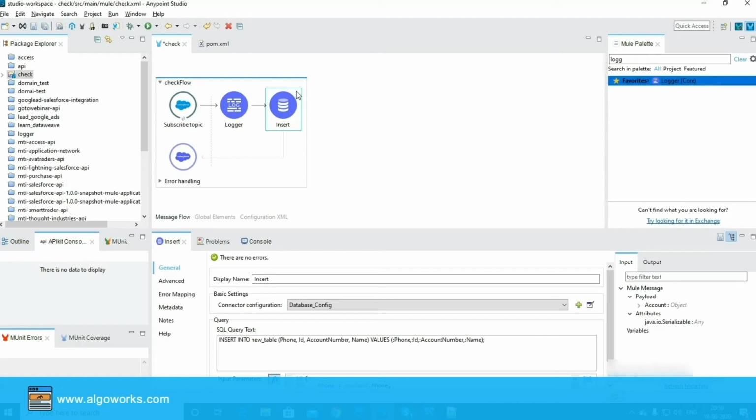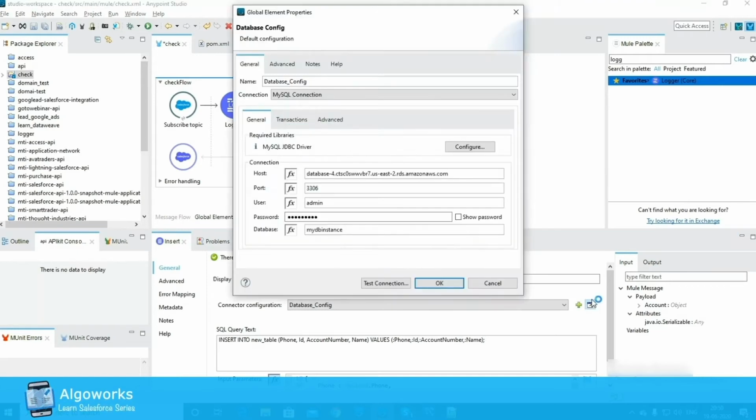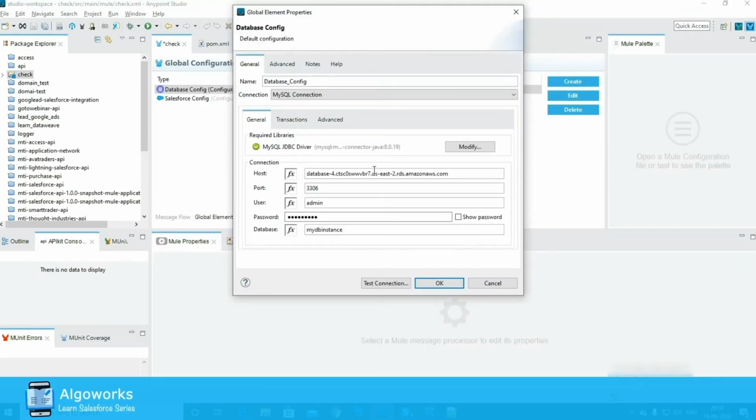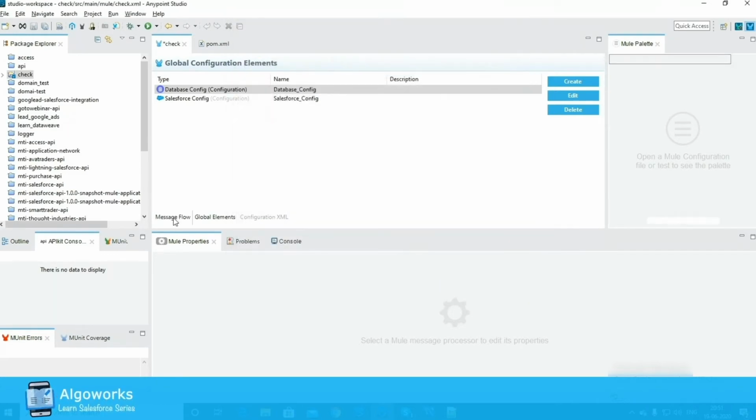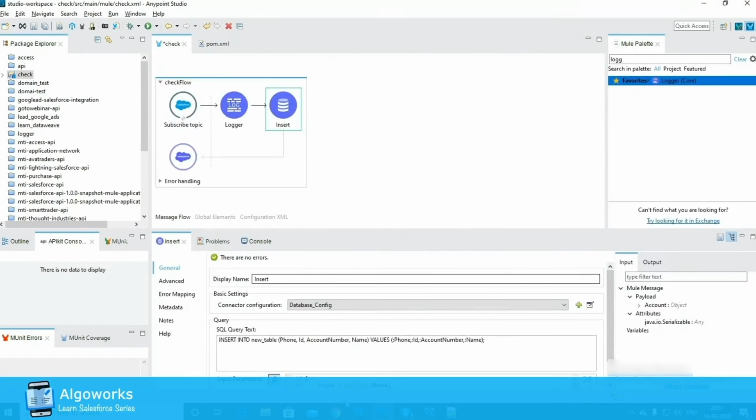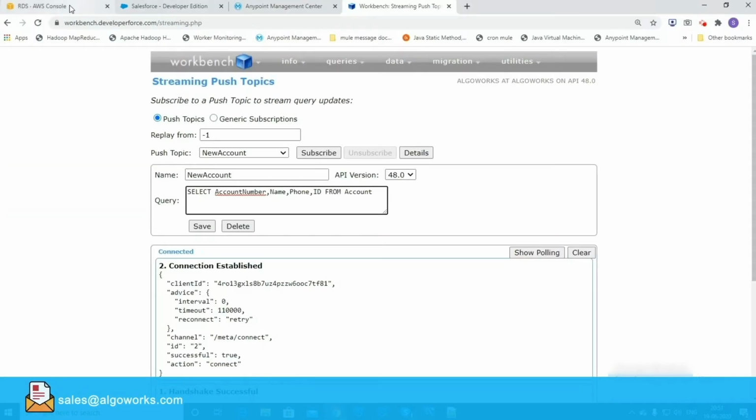Now coming back to the flow, the second connector is database connector, and I'll show you the configuration of this database connector. So I have given the host name, port, username, the password, and the database name of my database, which is hosted on AWS. And now I'll show you the database in AWS.